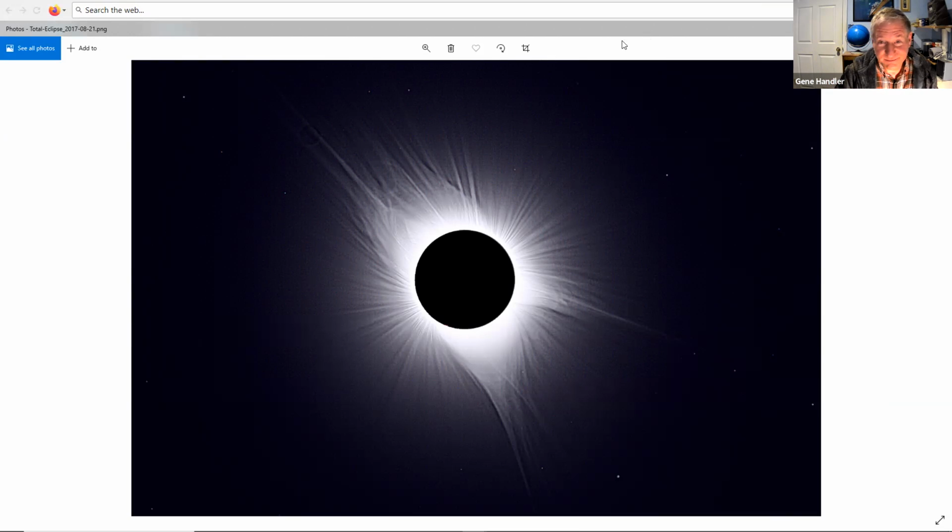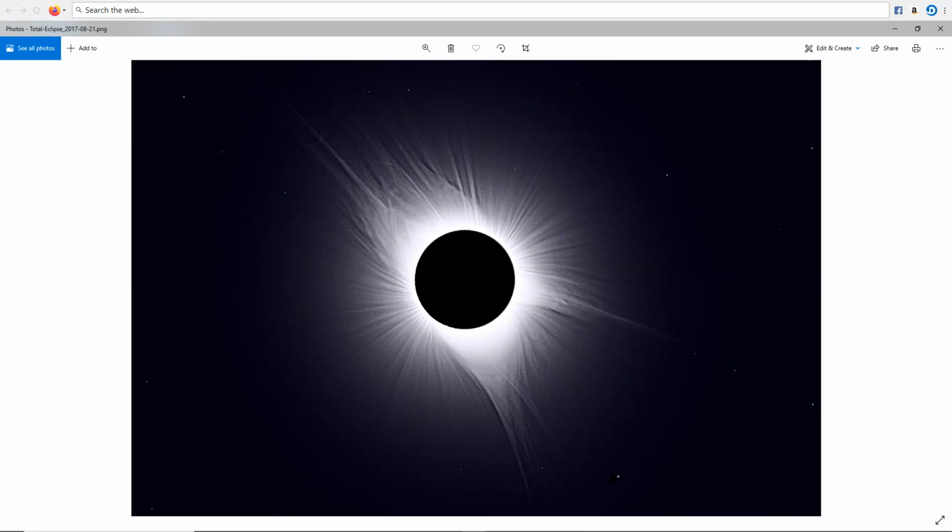Gene, is that Mercury? I don't think Mercury was in there, but I don't really remember. I thought it was maybe the one down at 5 o'clock. This one? I think that's Regulus. I was going to say, I think that's Regulus. Yeah, I don't remember Mercury being close to it. Anyhow, so that's what I had.